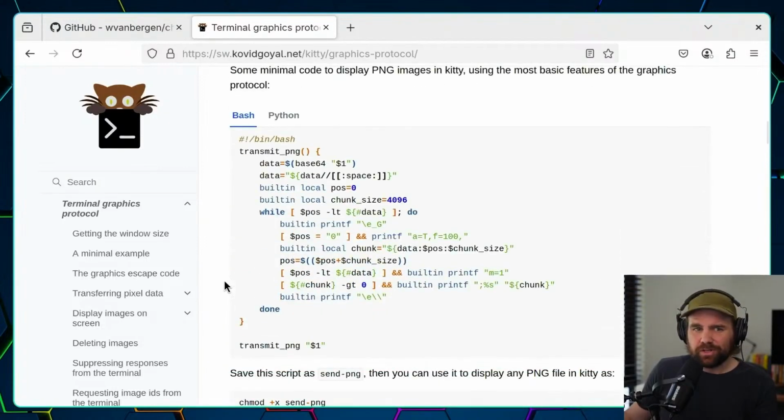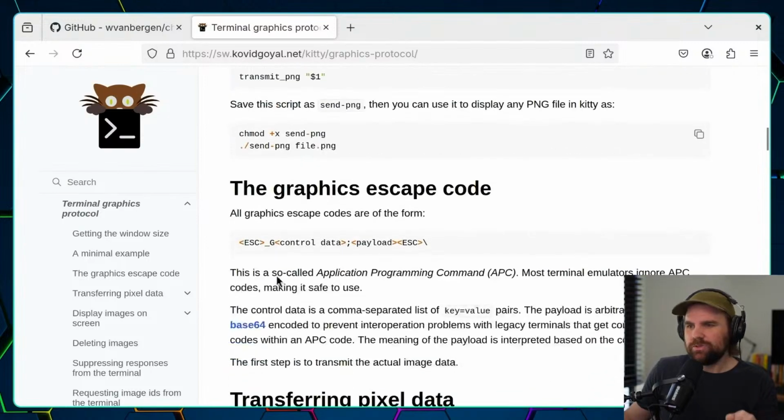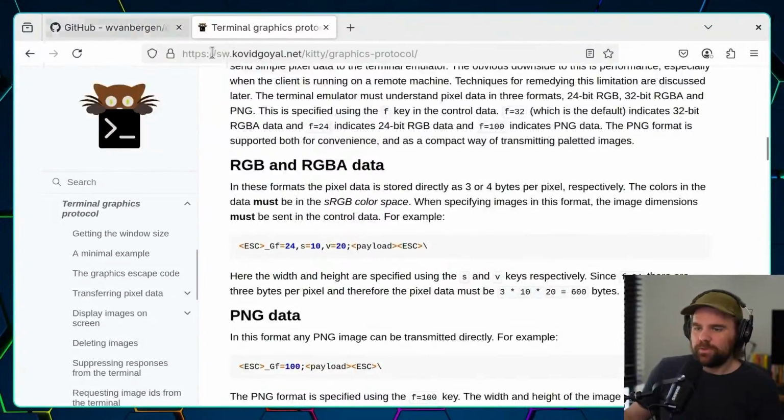The way it essentially works is you pipe some data through magical ANSI sequences to the terminal, and the terminal picks it up and renders it. So I'll show you how the code looks.